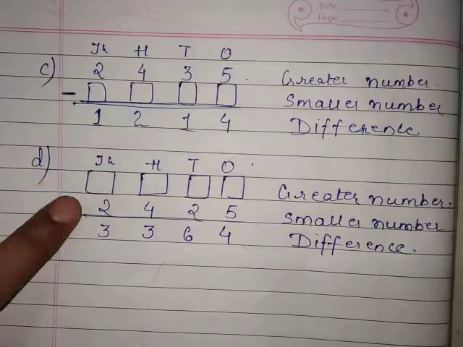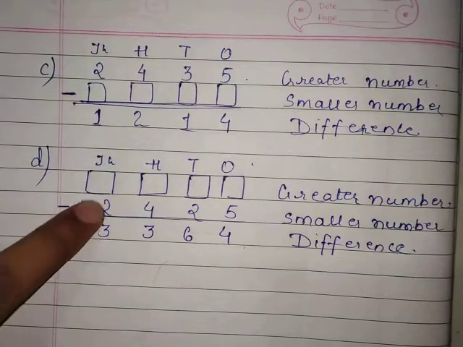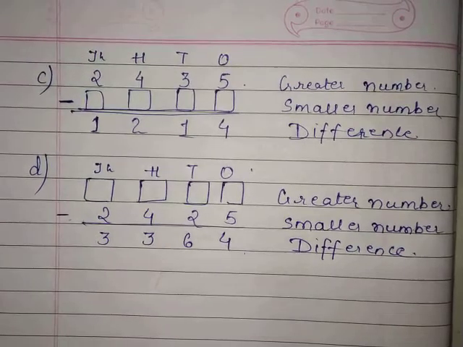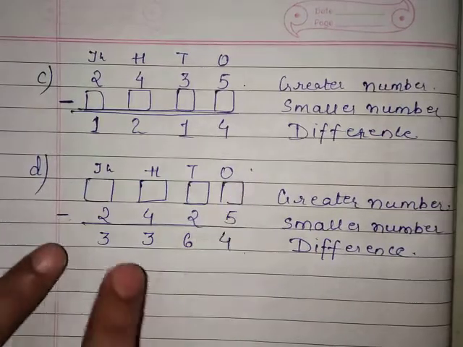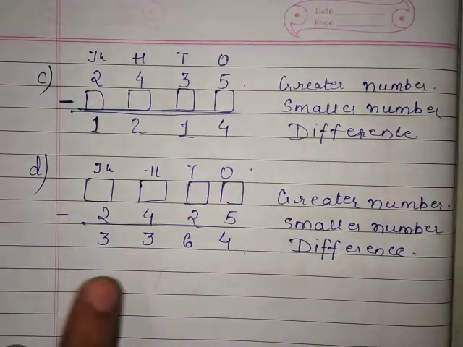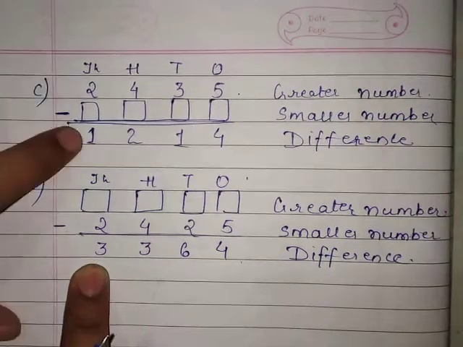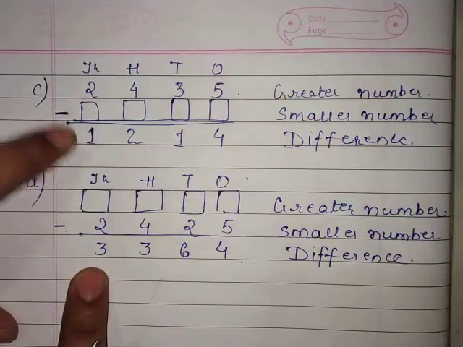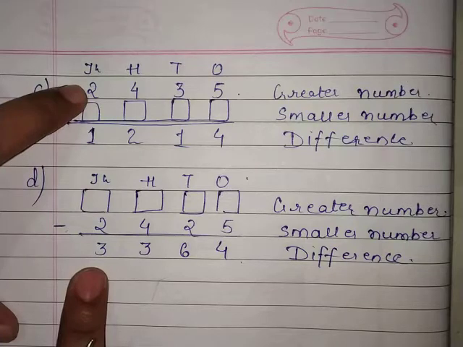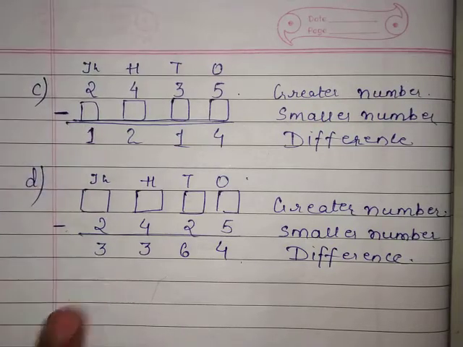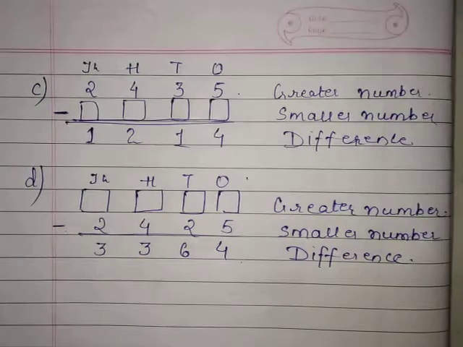And in question number D, to find the greater number, we have to add the smaller number and the difference. So, students, keep it in mind that to find the greater number, we have to add. Means we have to plus these numbers. And in the other question, you have to subtract. First, you have to write the greater number, then minus, then the difference. So, I hope that now you can solve these questions. So, today we have completed the exercise of finding the missing numbers.